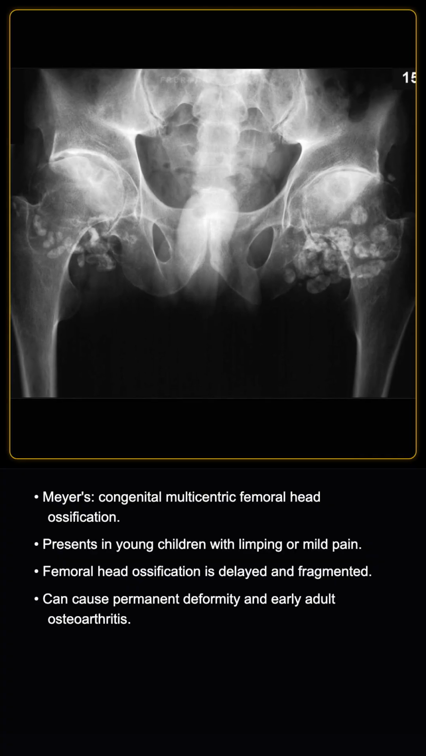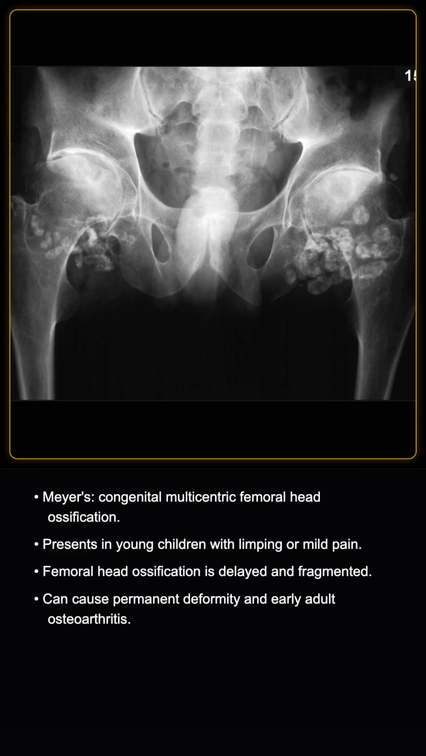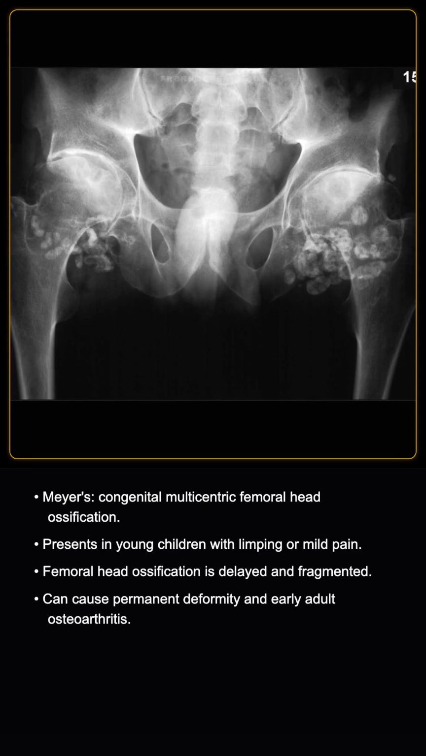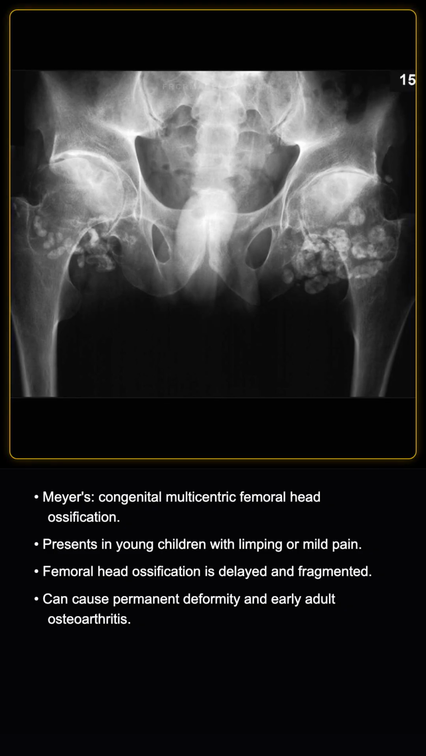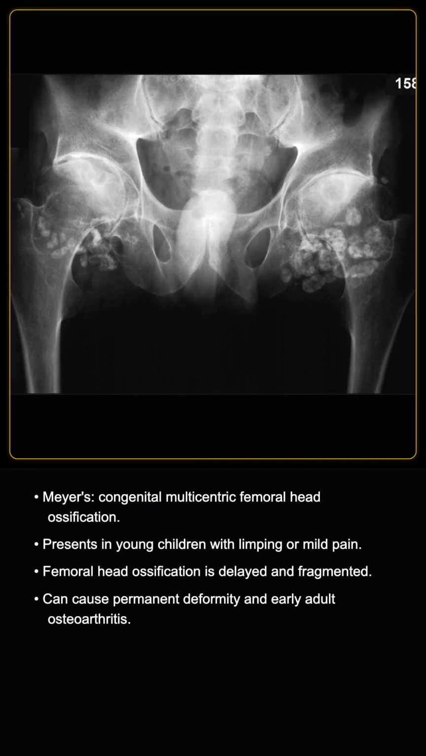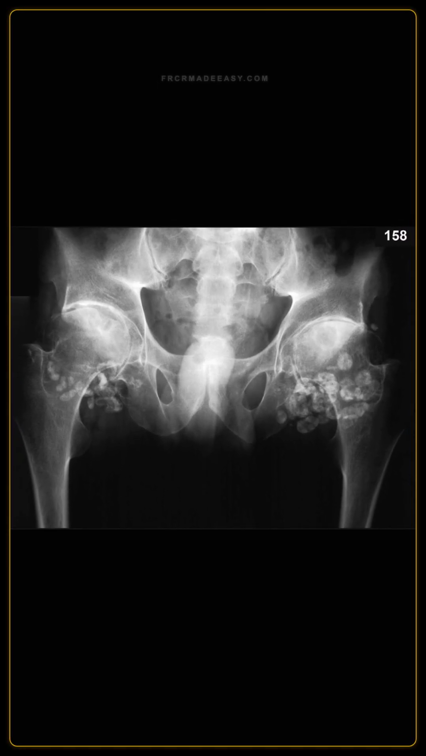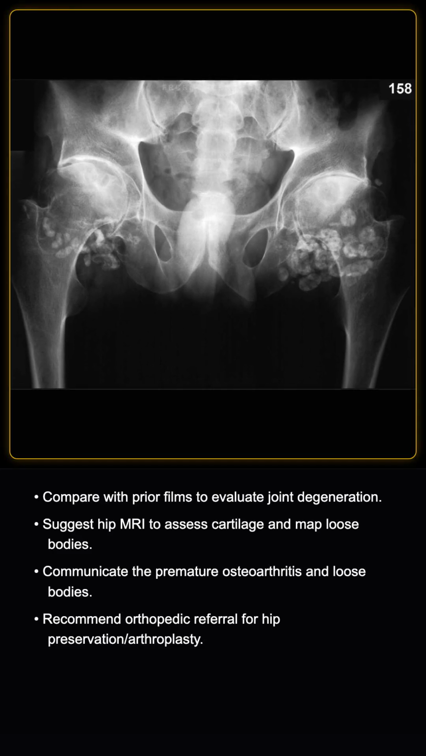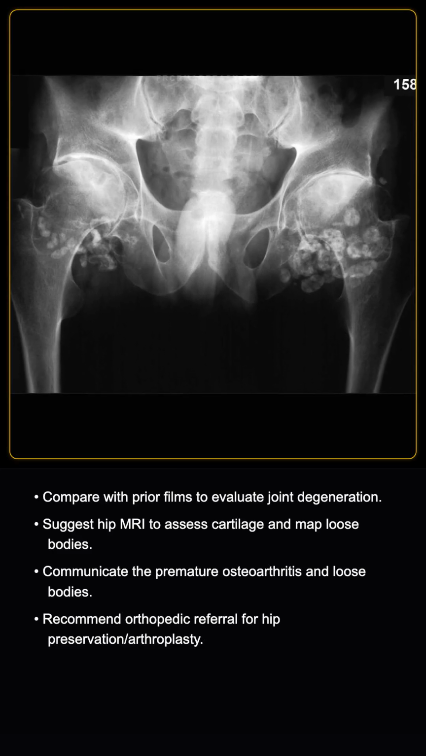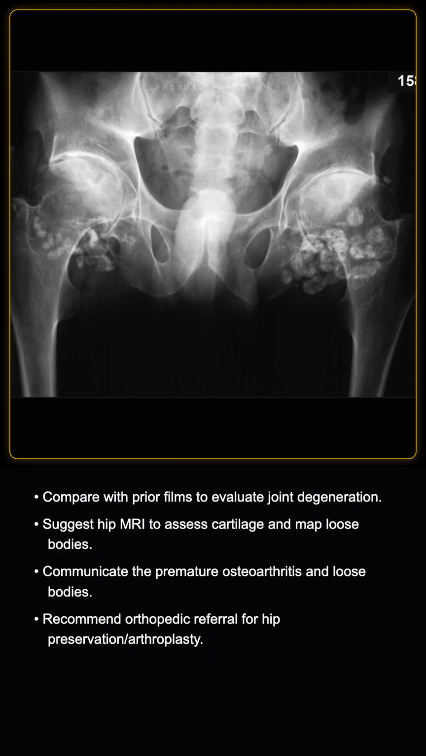Although the femoral heads can completely normalize in shape during childhood, some cases progress to permanent deformity, leading to incongruous joint surfaces and the development of severe, premature osteoarthritis in early adulthood. How would you manage this patient as a radiologist? As a radiologist, I would recommend comparing this pelvic radiograph with prior pelvic films to assess the rate of joint